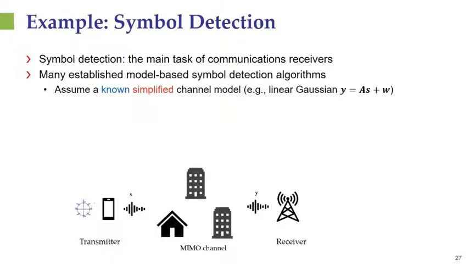In order to recover S from Y, we're going to rely on a model that describes the relationship between Y and S, where the most popular model is the linear Gaussian model, in which the received signal is assumed to be a linear combination of the transmitted symbols over a block plus a Gaussian noise. Now this model is used really due to its simplicity. Under this model, there are very many well-known receivers that are optimal for different criteria. For example, we could design a detector that maximizes the likelihood of the received output Y.